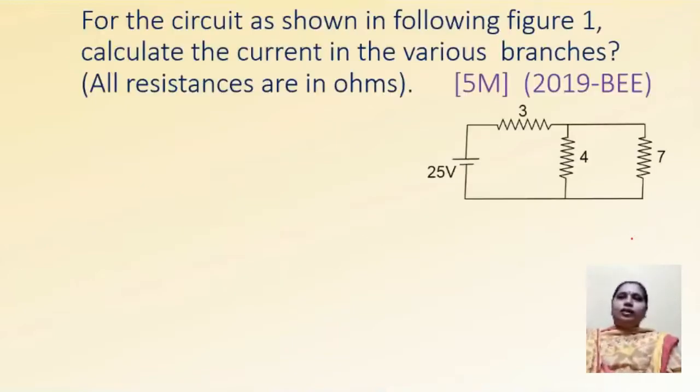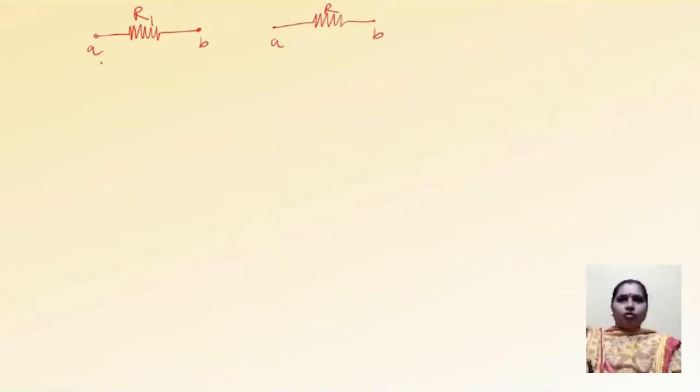So moving on to the next question. Before solving this, we need to know a few laws and rules. So let us start. If there are two resistors, each a two terminal element A and B with resistor R, as there are two resistors, let us name them 1 and 2. So this is your R1, and the terminals are A1 and B1. This is R2, and the terminals are A2 and B2.